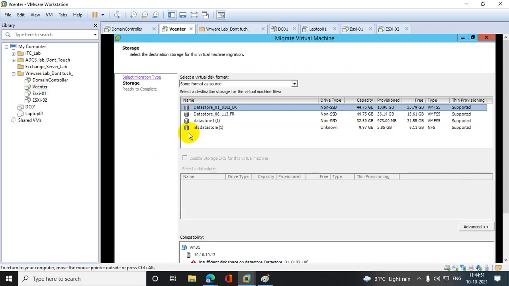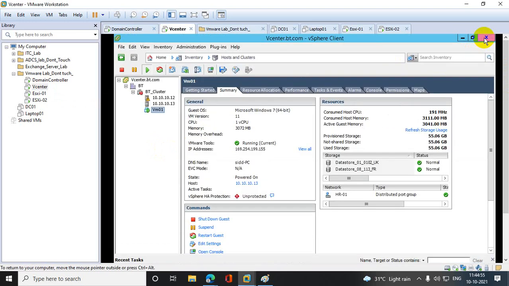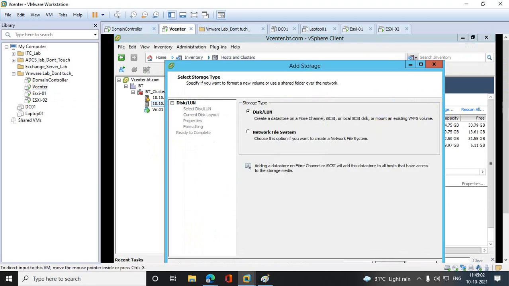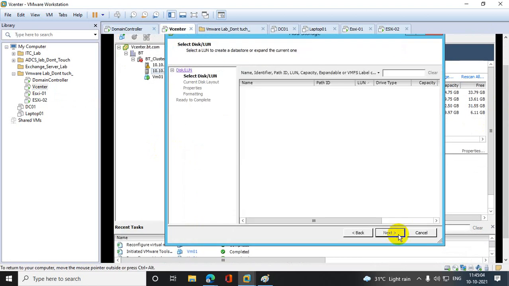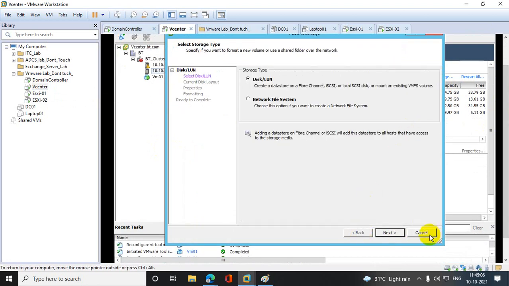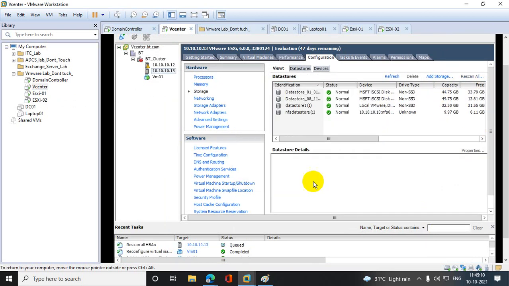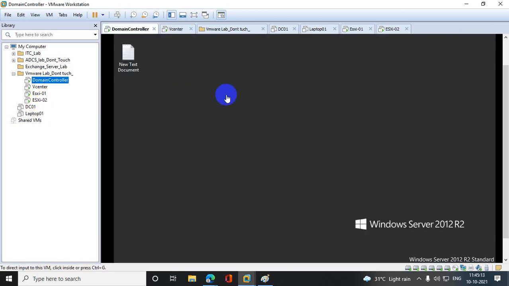Come to vCenter and create, add storage. Scan all. Let's see whether it was connected or not.